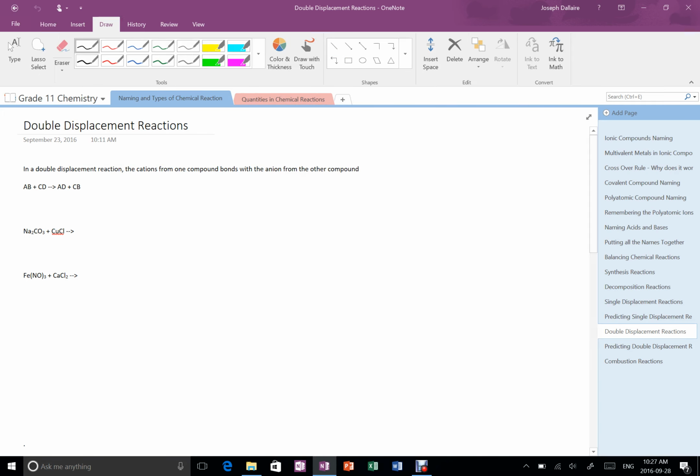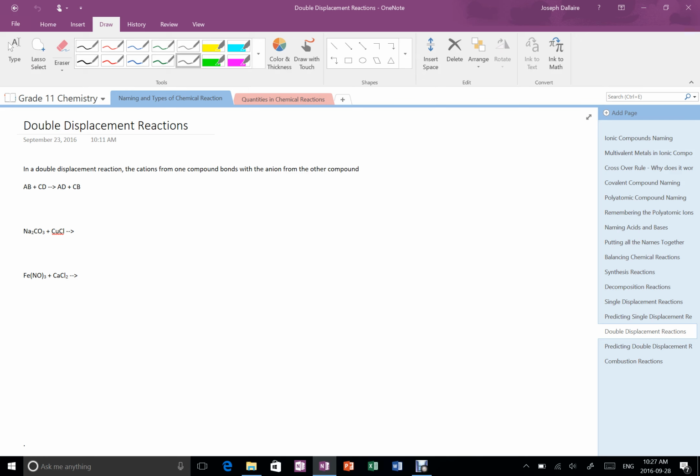So here we can see the general reaction AB and CD, so the A goes with the D from the other molecule, and the B goes with the C, so CB. So basically they switch their partners. In a reaction like